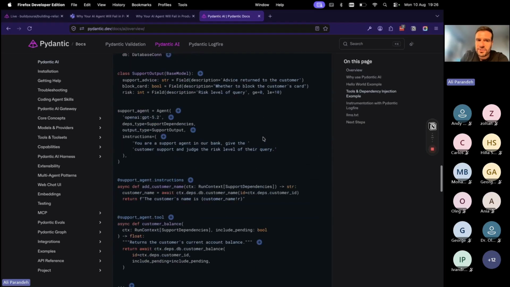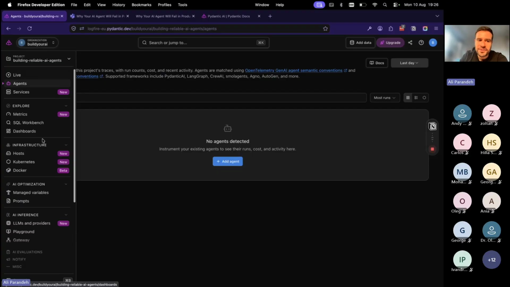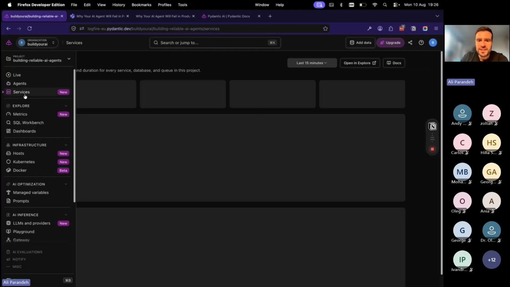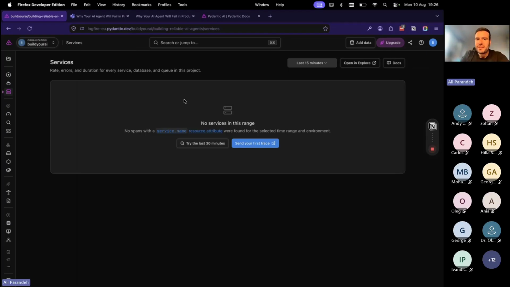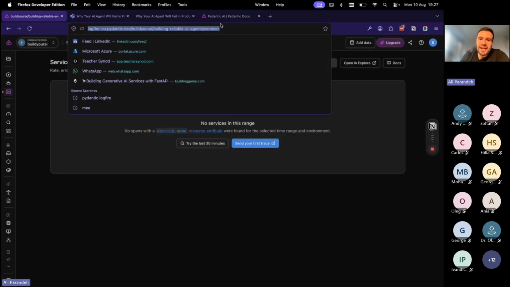It also gives you Pydantic Logfire, which is their observability layer as a platform. It's very similar to LangSmith. This gives you traces for your agents, and a lot of tools for observability. It's a paid service, but I do recommend them. I haven't found anything else in terms of open source. I've heard that you will end up spending a lot of time setting things up. But if you're okay with paid services like Pydantic Logfire, Pydantic AI is a really good